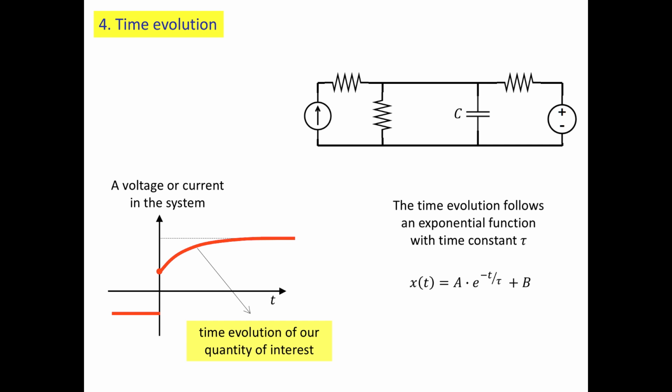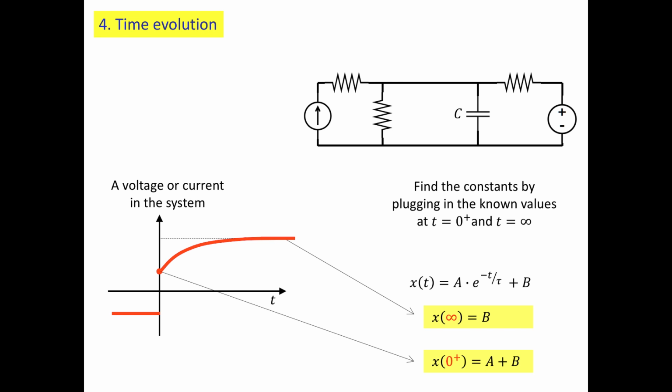Now, how do you calculate A and B? Well, I know 2 values. I know the value at t equal to infinity and at t equal to 0 right after the event. And so I can use that, plug it into the equation, and find A and B. And so this is a procedure to find the complete solution to the time evolution of a voltage or current